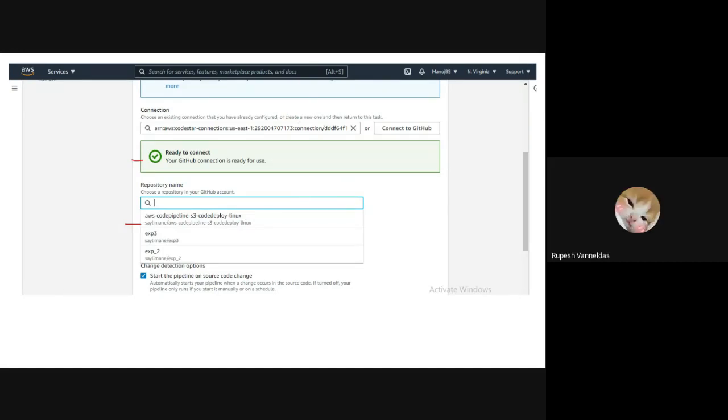Ma'am, should I refresh this page? This one. Yes, ma'am. Then you have to again start the process. You have to repeat all the steps from start to end. Ma'am, because I am not getting it. Refresh the GitHub account, or simply close and open your GitHub account, and then type that AWS CodePipeline one. The link is there in the chat box. One of your friends has shared it.